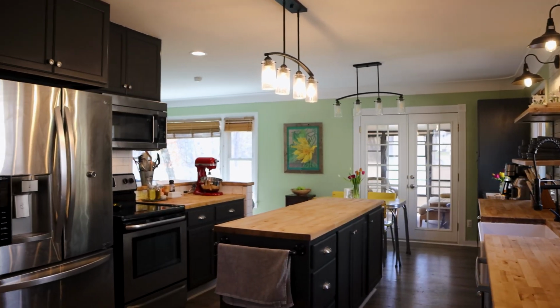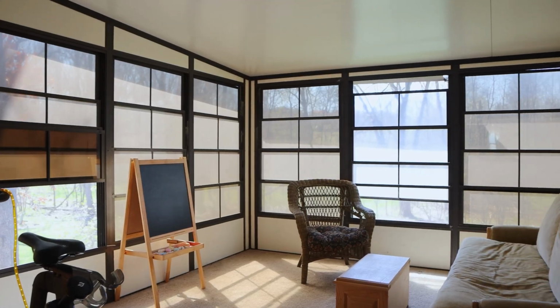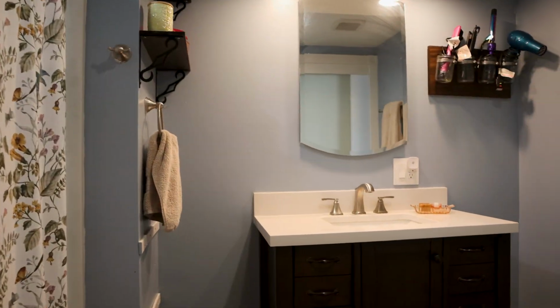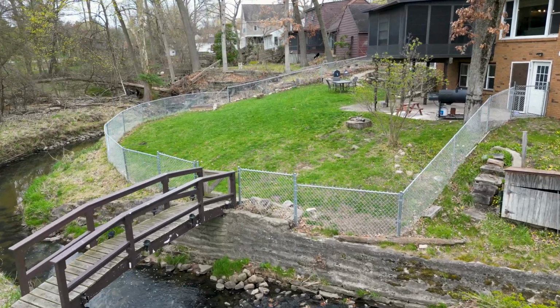The main level offers an open layout, oversized bedrooms, and an updated kitchen that flows seamlessly into a 3-season sunroom. Downstairs, a newly finished walkout basement adds flexible space for work or play. You'll also find 2 fireplaces, a fenced backyard with mature trees, and recent upgrades including a new furnace, water heater,